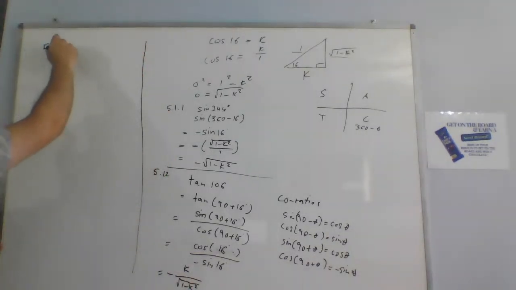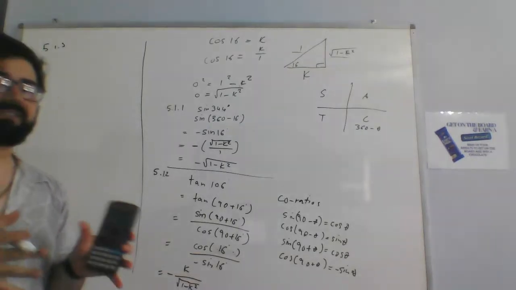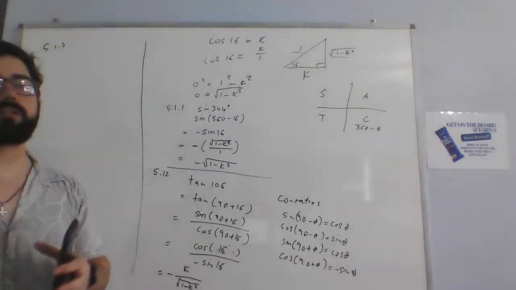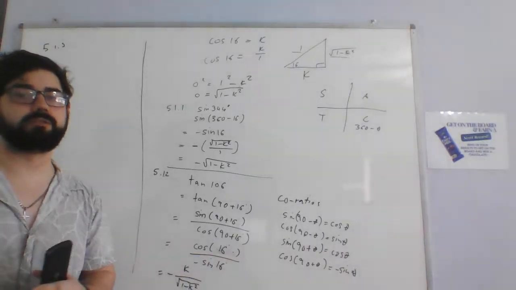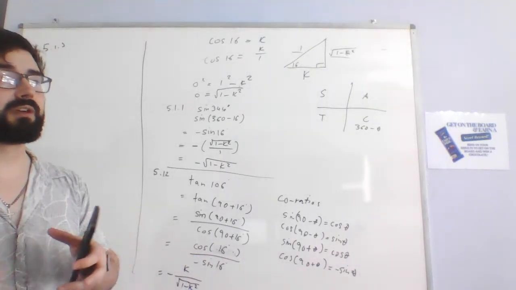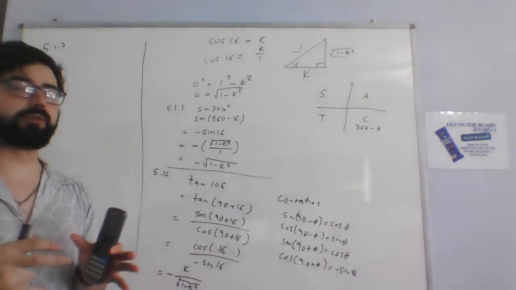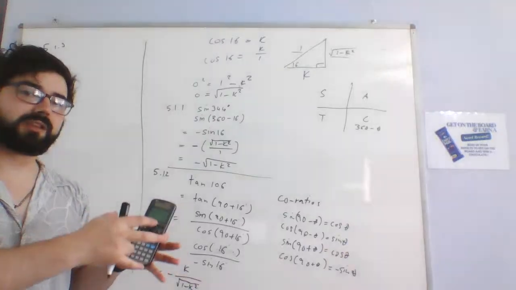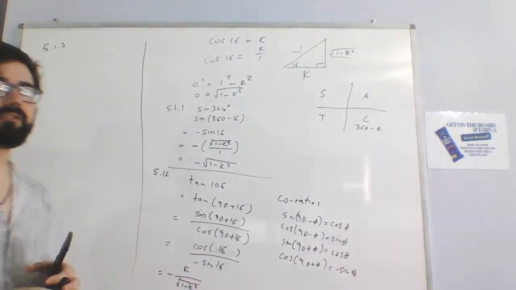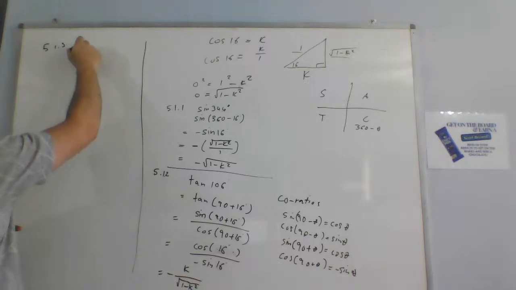5.1.3 involves a half angle. So when I teach this, I distinguish between the double angles and the half angle, because the half angles are more difficult to do. So if you've got a double angle, like if it was cos of 32, that would be easier to do because you can expand it straight away. But with the half angle, what you want to do is you want to kind of start with the normal angle and then break it down. So if we've got cos of 8,